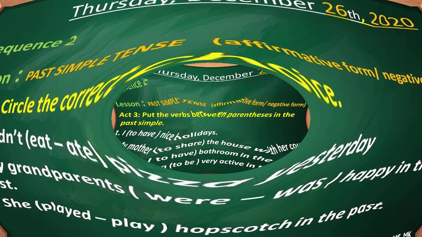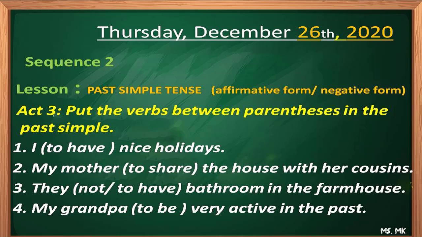And the third activity, here I focused on the form. It has nothing to do with the meaning here. I focused on the form so that my pupils are going to be accurate. So here I focused on the accuracy. I asked my pupils to put the verbs between parentheses in the past simple. Of course, I introduced affirmative and negative form. Then I moved to the use phase.